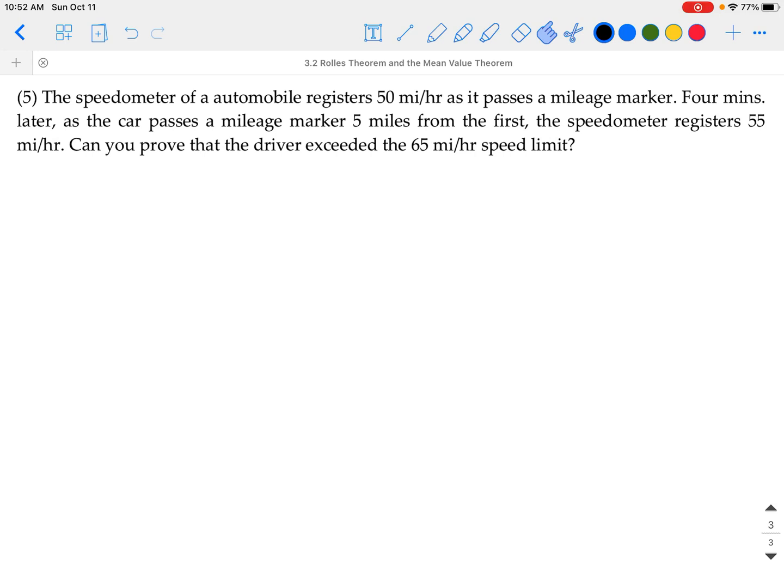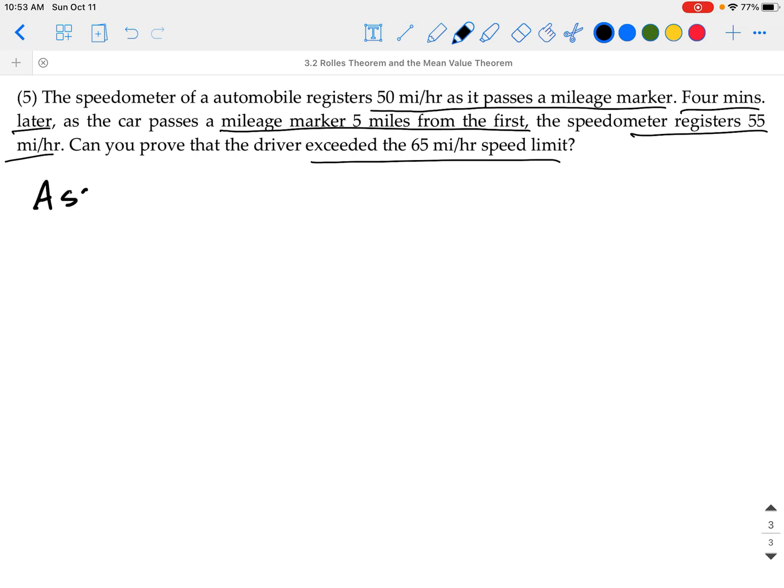So the speedometer of an automobile registers 50 miles per hour as it passes a mileage marker. 4 minutes later, as the car passes mileage marker 5 miles from the first, the speedometer registers 55 miles per hour. So can we prove that the driver exceeded 65 miles per hour? So we'll need to make an assumption here. So we're going to assume